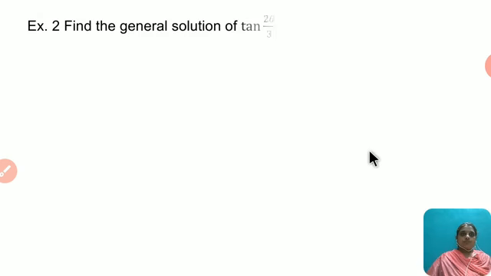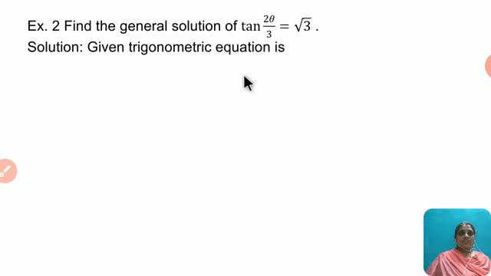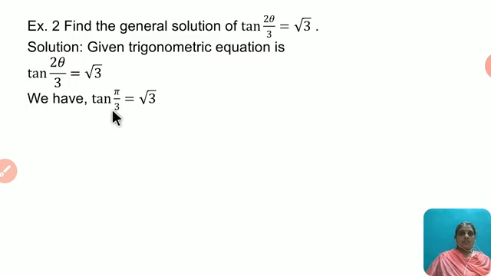Now see example 2. Find the general solution of tan 2 theta upon 3 is equal to square root 3. So right here the given trigonometric equation is tan 2 theta upon 3 is equal to root 3. Now we know that tan pi upon 3 is equal to square root 3, and therefore here we get tan 2 theta upon 3 is equal to tan pi upon 3. Now we use here the theorem